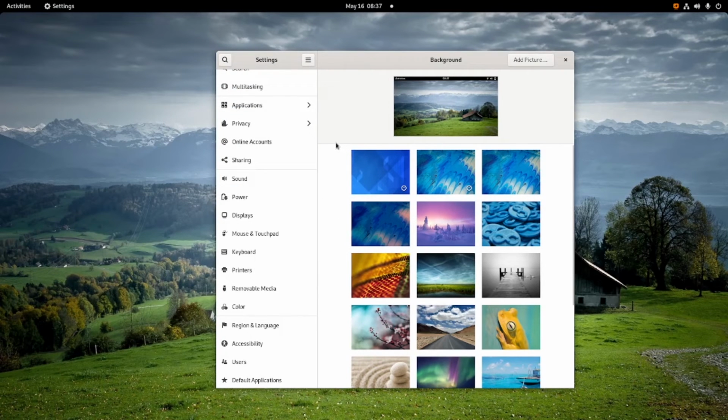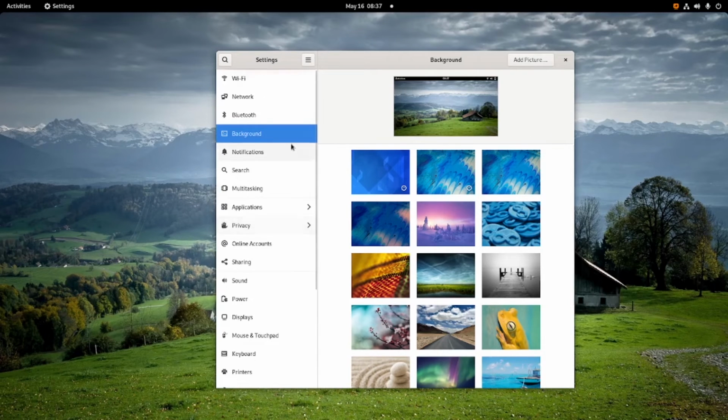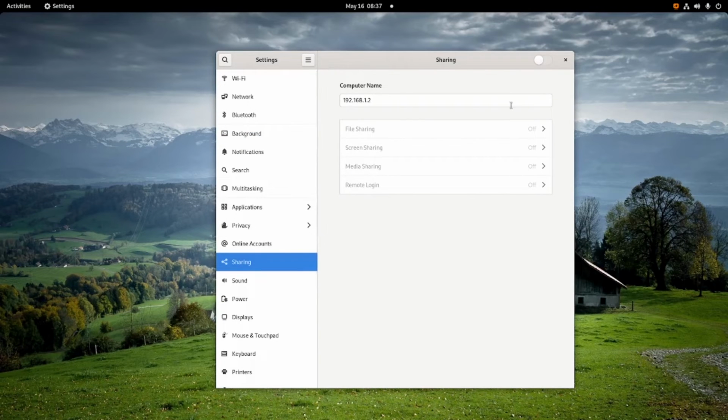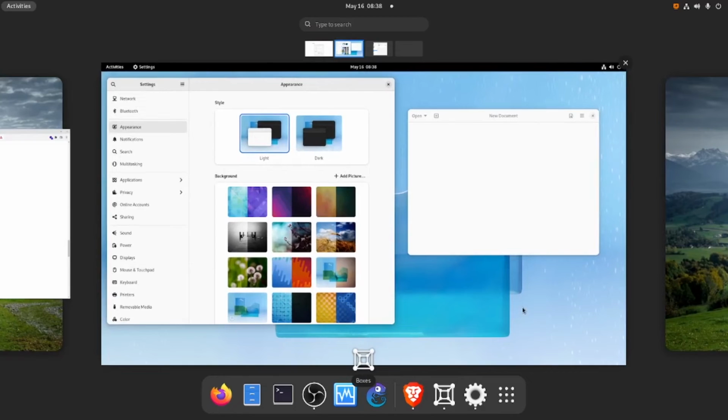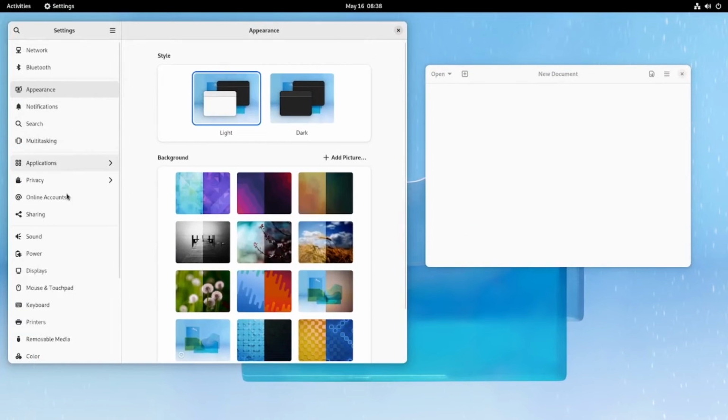In Fedora 35, there's a setting called sharing, and we can start the sharing by enabling the sharing option in here. We just enable it, but I never tried the setting. And in Fedora 36, let's try.